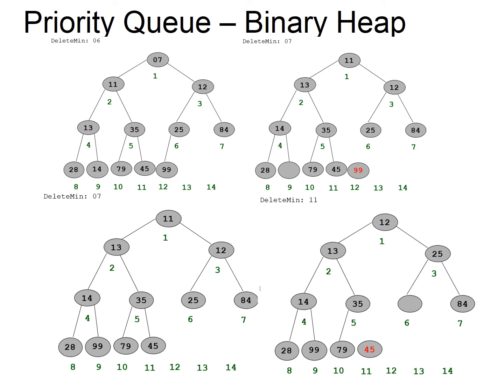Now if I perform again delete minimum, that means 11 is going to be deleted. If 11 is deleted, automatically the structure for 45 is removed. You can see the edge for 45 is removed. So now in the place of 11, the 13 and 12 will compete. 12 is minimum, so 12 will go to the first node, and in 12th position we have two spaces, 25 and 84. So 25 will take its space.